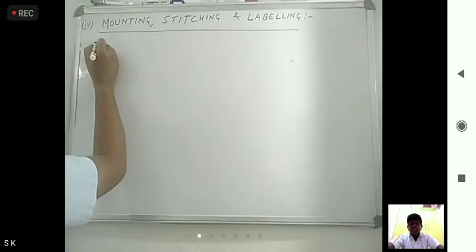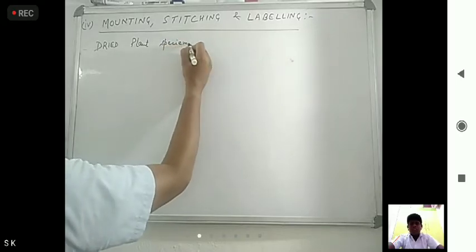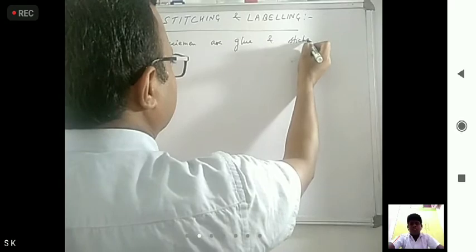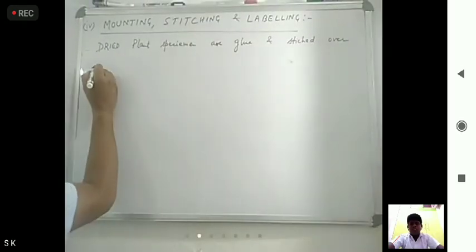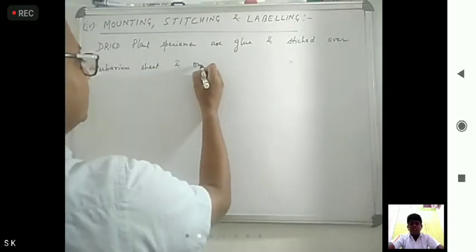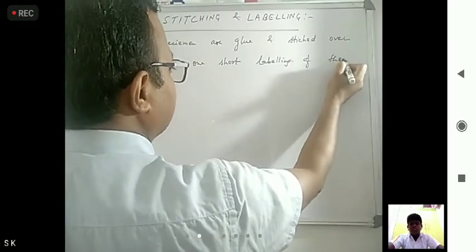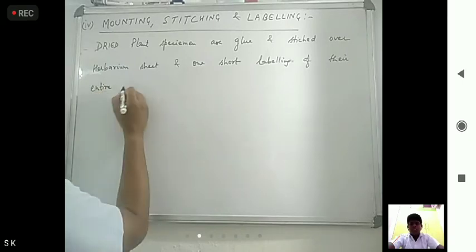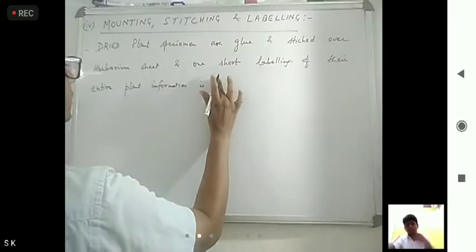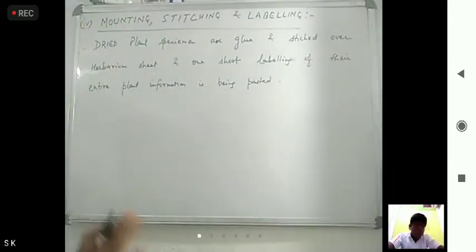Okay, so dried plant specimens are glued and stitched over the herbarium sheet, and a short label with their entire plant information is being pasted on the herbarium sheet. Okay, now